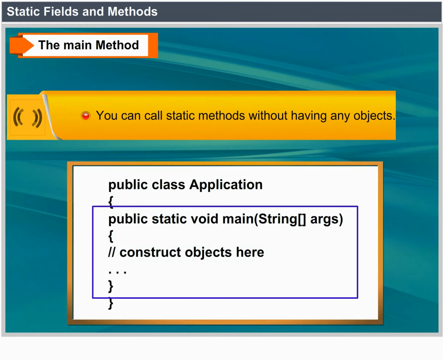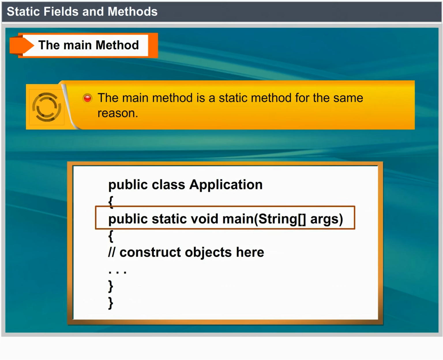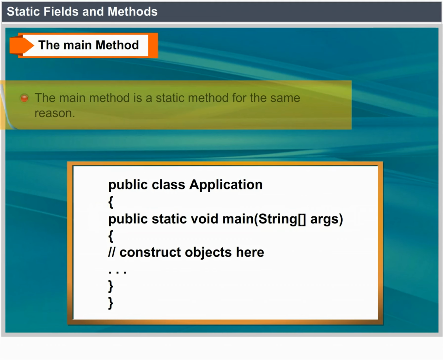You can call static methods without having any objects. For example, you never construct any objects of the Math class to call Math.pow. The main method is a static method for the same reason. public class Application { public static void main(String[] arguments) { // construct objects here } }